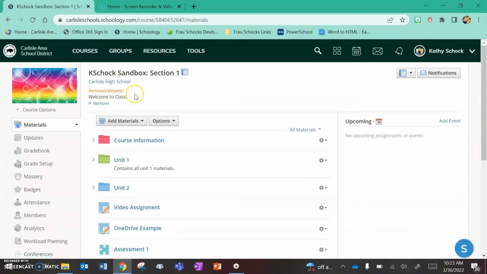But announcements are really nice because they stay up here at the top of the materials page, and it's a powerful place to put some information, maybe long-term information that you always want your students to be able to find very easily. The third way that you can contact your students through Schoology is under course options here at the